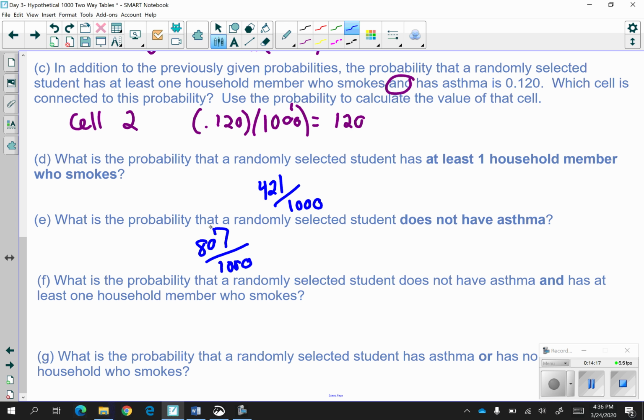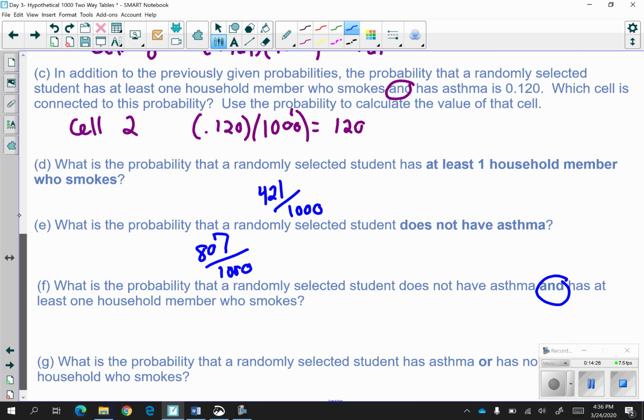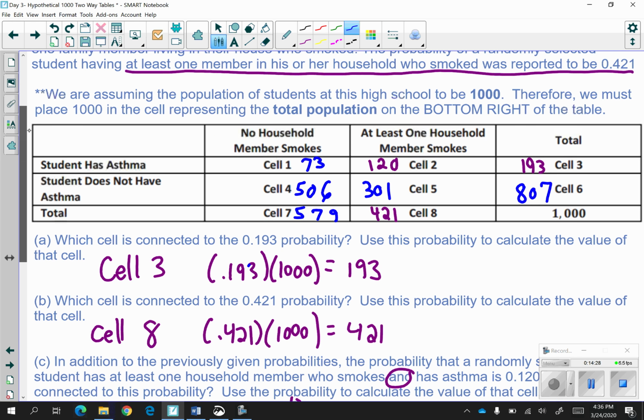What is the probability that a randomly selected student does not have asthma and has at least one household member who smokes? That's going to be the intersection or overlap of both of them. So not having asthma,